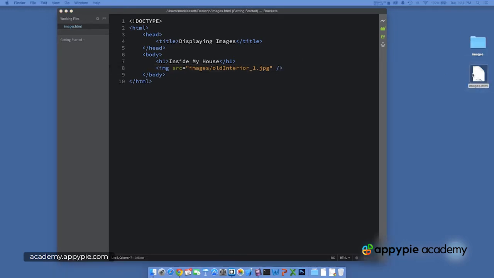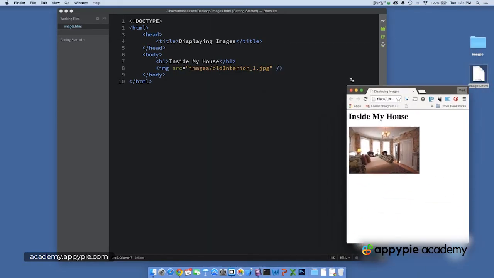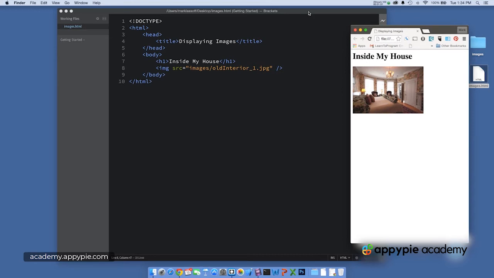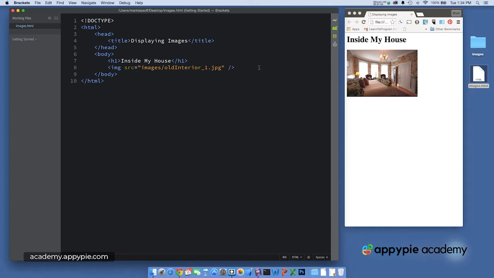If I go ahead and open up the browser, the image will be displayed with just that little bit of code. Now I can display the next image, again, using the same pattern. So let's say I use a break tag to put this image on the next line or underneath the original image. So folder name images, old interior